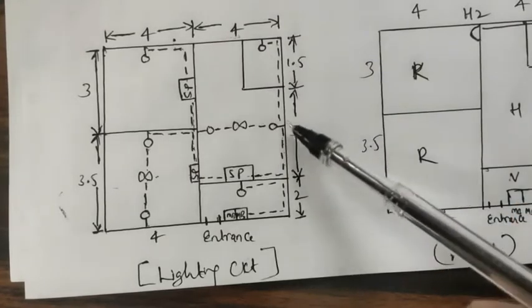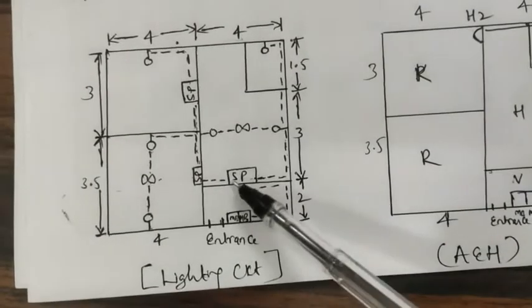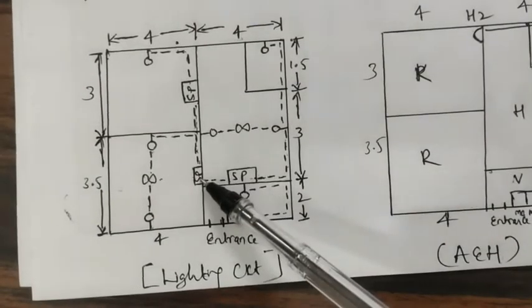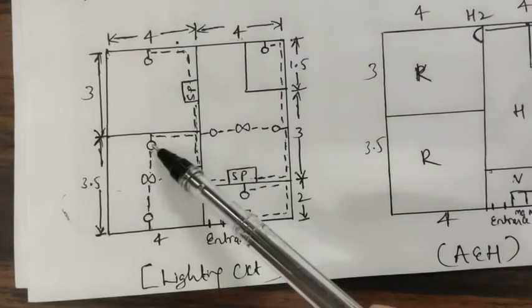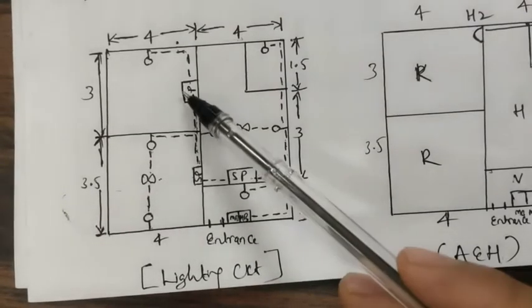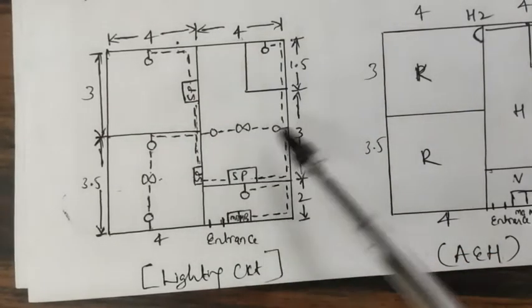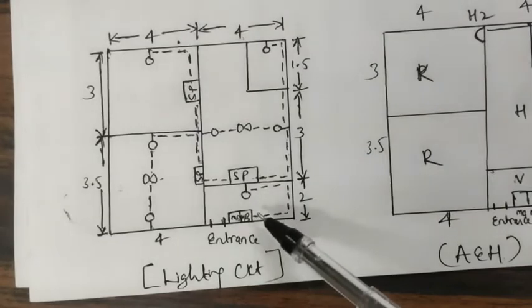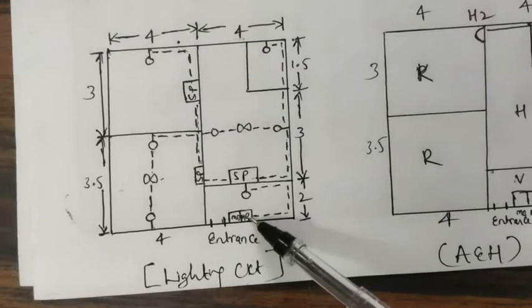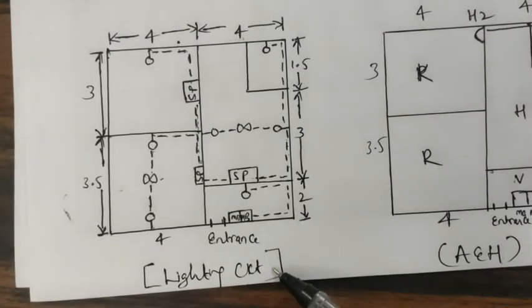So this is how I have taken the connections in this layout, and similarly from socket point to socket point give the connections, again give the wiring for these points. Similarly again wall cross, and here socket point to this point. So this is how you have to do the wiring connection, connecting all the lighting points, ceiling points and socket points from the meter board and main board. So this is the lighting circuit.